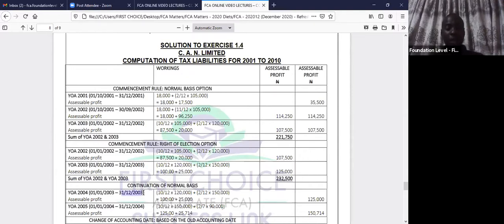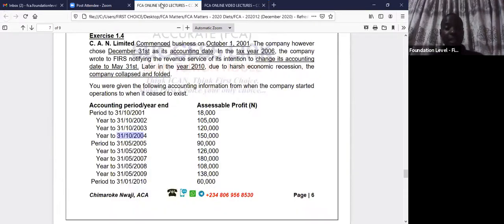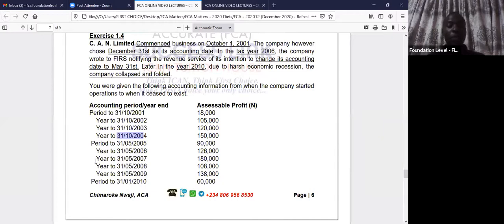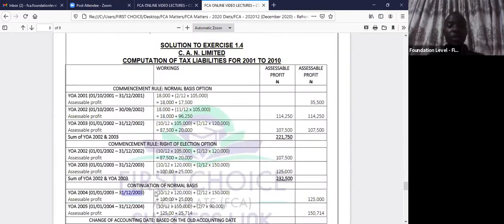So can you now see that you have continued now? Now the accountant's head has come down. It's continued bringing accounts. You are going to choose the account that is from January 1 to December. So how do you do it? Where can we get January 1, 2003? January 1, 2003 can be gotten here. So from January to October is 10 months of the 12 months. So you take 10 months here, then the remaining 2 months, you take it here. So that's what we did, 10 months here and 12 months here.